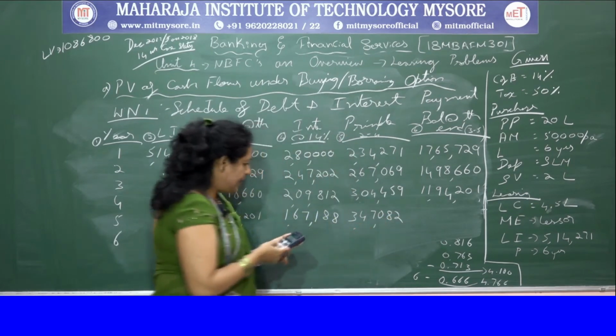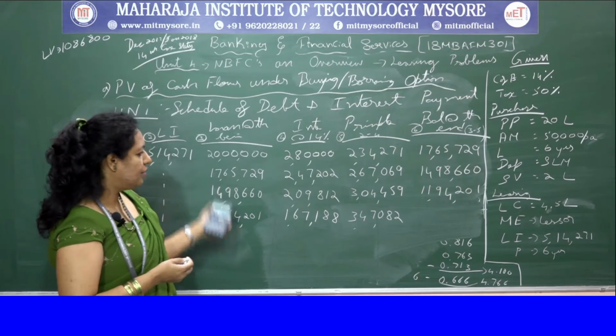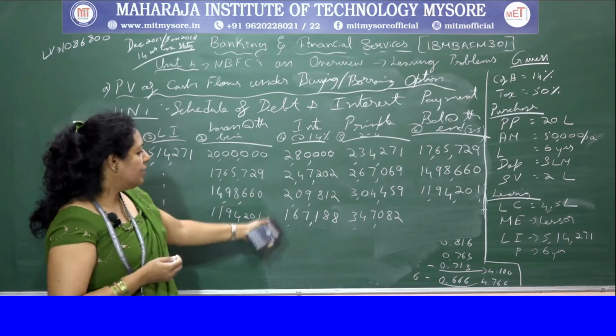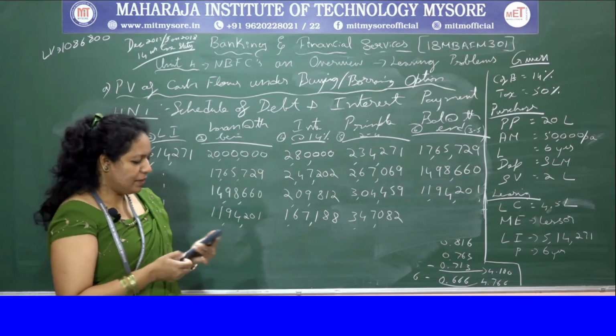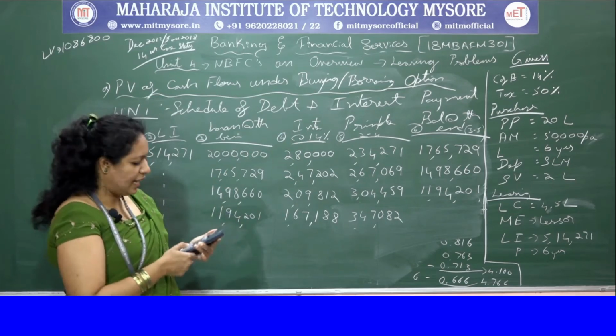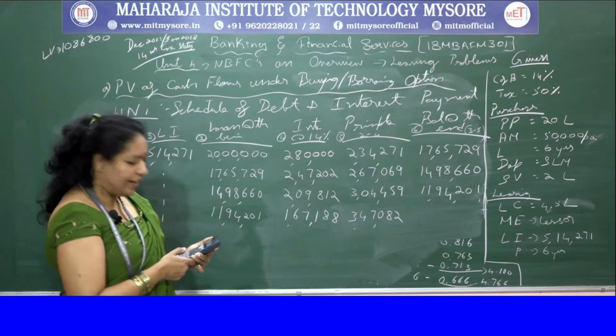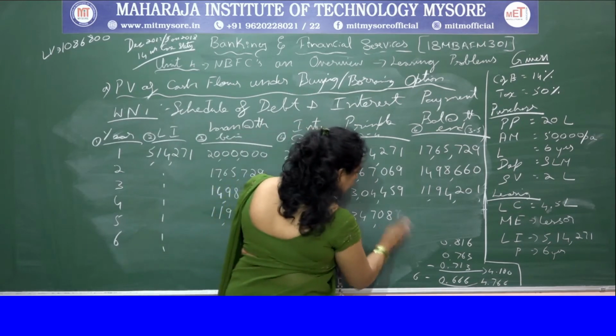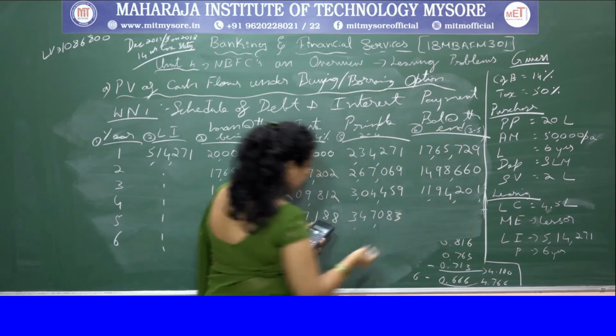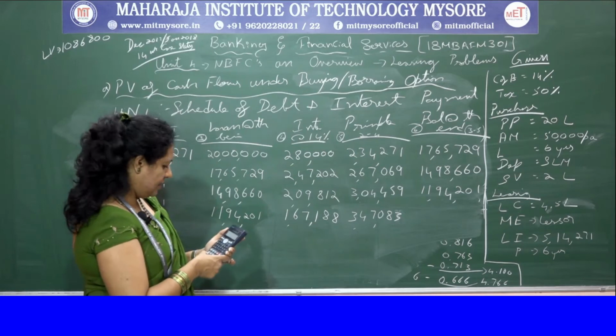3,47,082. See, as the interest reduces, the principal, your beginning price, reduces, the interest also reduces, but the principal increases. You can have that tally in your mind to get the right answer. So it is 8,6. So I'll make it as 8,3. Okay, then